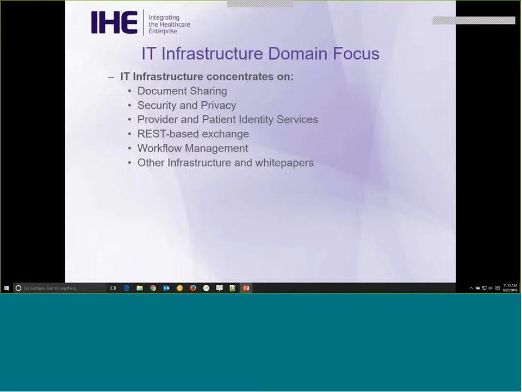So this webinar will cover the IT infrastructure domain. IHE has lots of domains, including patient care coordination, radiology, quality research and public health, patient care devices, and more. And each domain will have a webinar in this series, so we just got lucky and drew the first number. The work product of all the domains is the creation of integration profiles, often called just profiles or IHE profiles. Each domain's integration profiles are published in a technical framework.